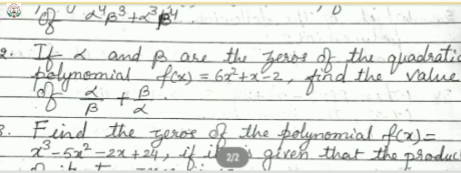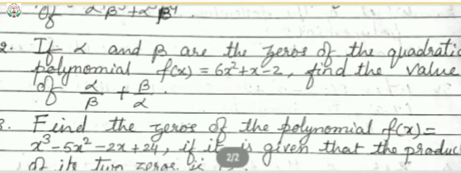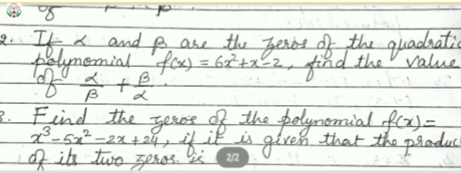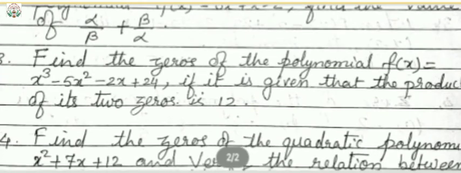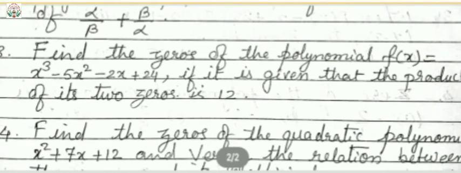Now in place of alpha square plus beta square, you put the formula: alpha plus beta whole square minus 2 into alpha beta, upon alpha into beta. Now put the values of alpha plus beta and alpha into beta in the whole solution part. Okay, and then simplify, and check what answer you will be getting. Now the third question is: find the zeros of the polynomial f of x equals to x cube minus 5x